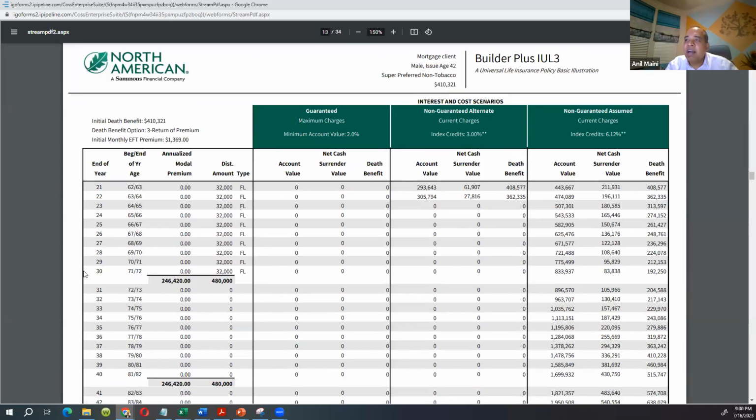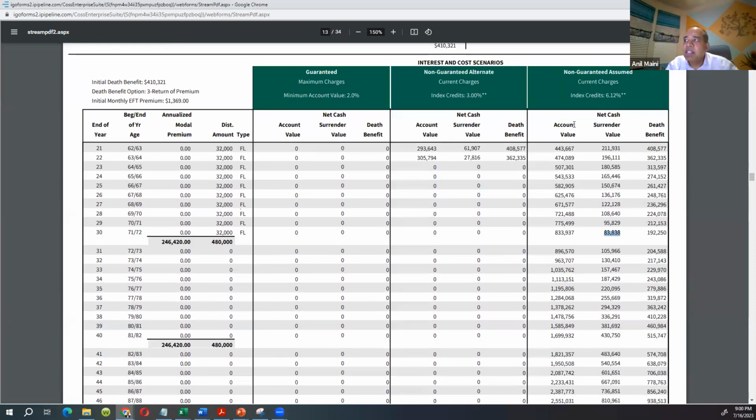And in the end, after 30 years, they will be left with 83K net cash value. And remember, this illustration is not adding any bonuses. With the bonuses, this will be much better. But this is almost the worst case scenario, that they will be left with 83K profit from implementing this strategy, plus their family is protected throughout with the help of the death benefit. And critical illness benefits are also there. So these are the selling points.